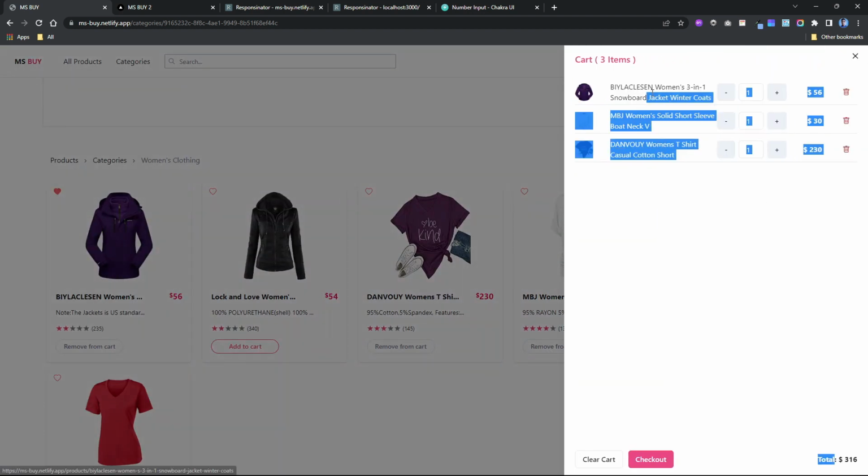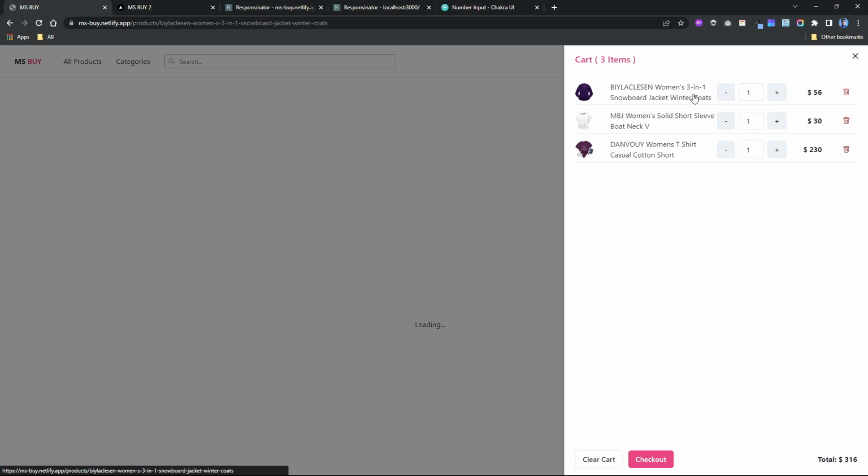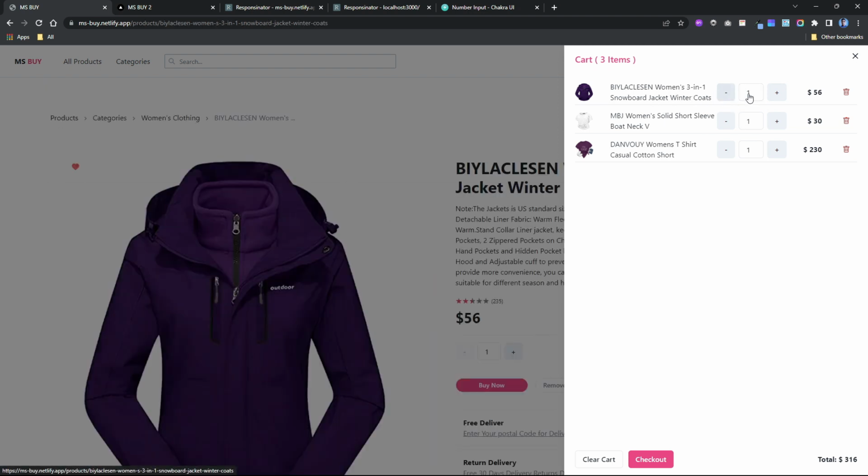So here, these are the items that are added to our cart state, and we can also remove items. And with this one, the state is stored together with a count. So for example, this item, we only have one quantity for this item,